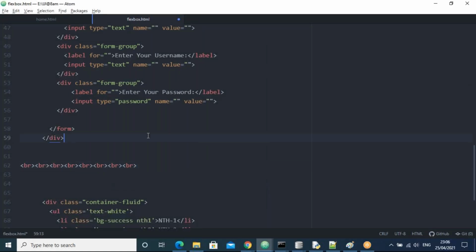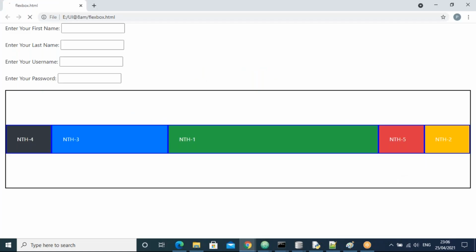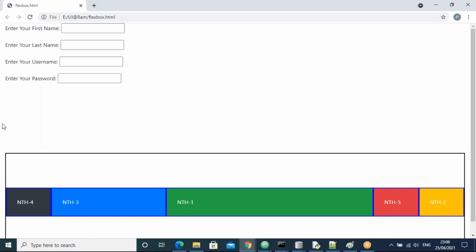Let me save this code again. I'll refresh here. Yeah, some gap came. For gap purpose, I've taken some breaks, guys.